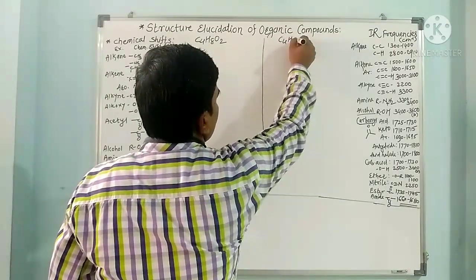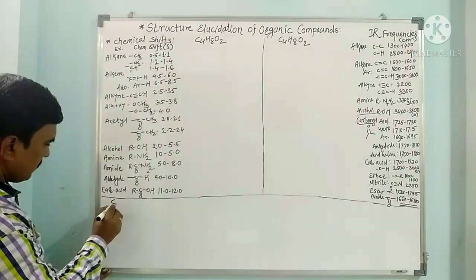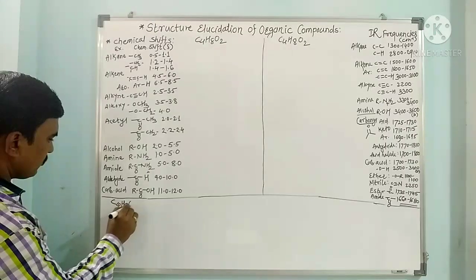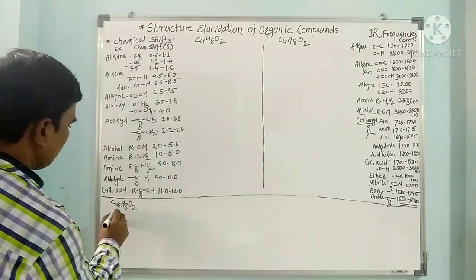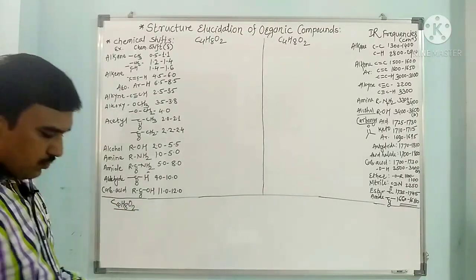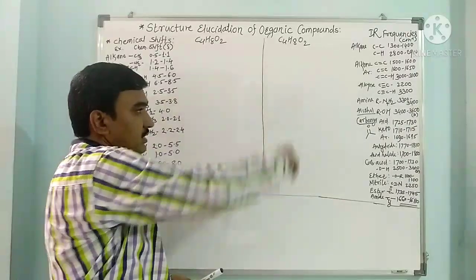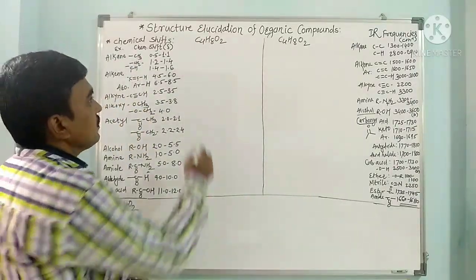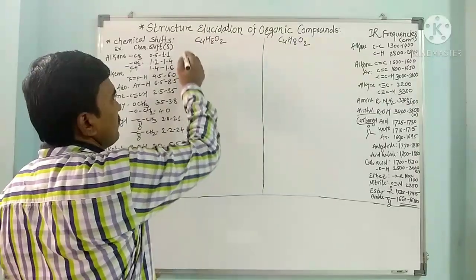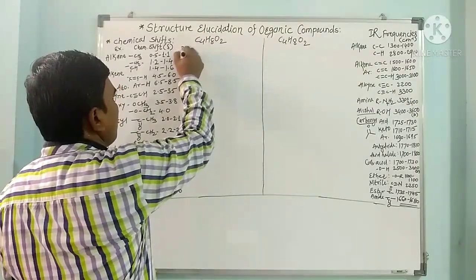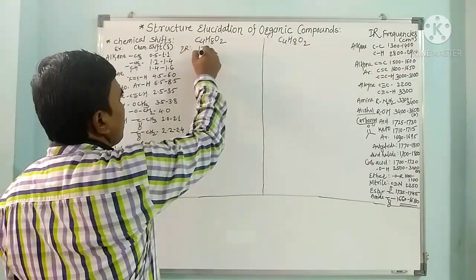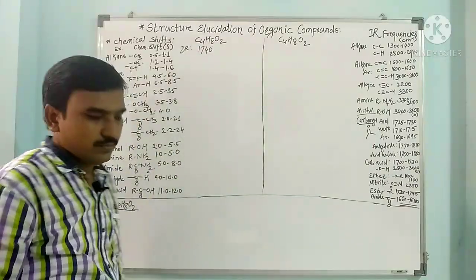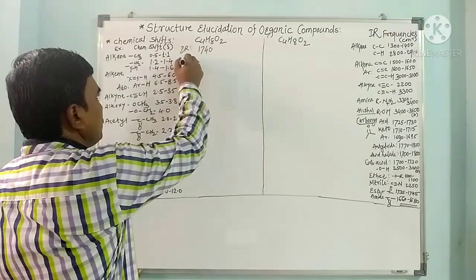C4H8O2 and here C4H8O2. So this is the molecular formula. We have to find out the structure for these 3 different compounds. So from this IR and NMR we have to see the structure. So IR is here 1740 and in NMR, that is PMR,